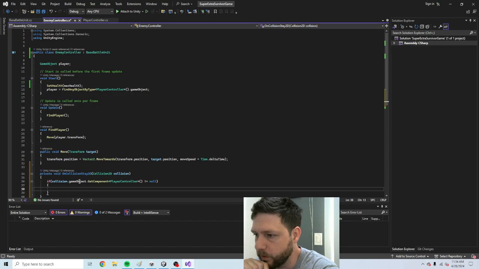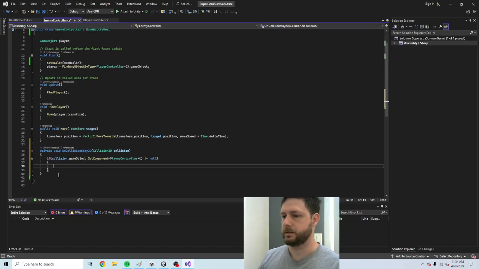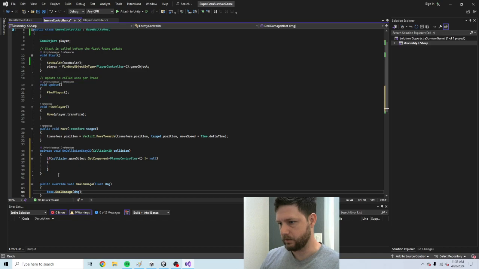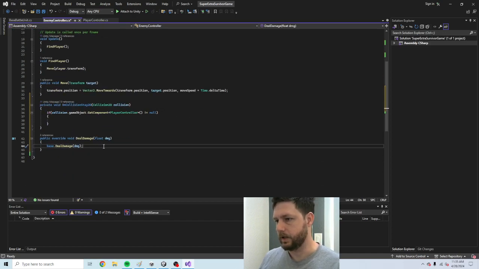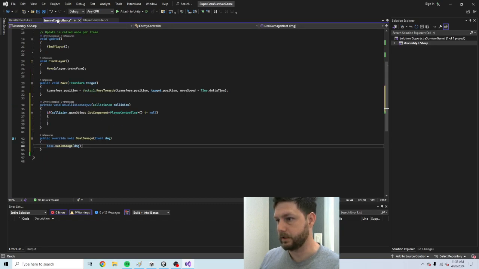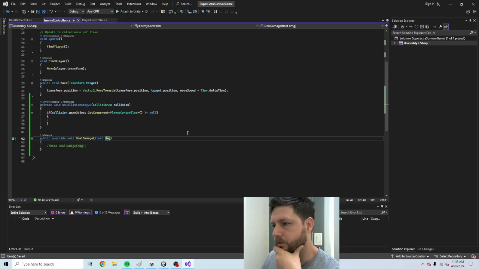So now what I want to do is I think I want to go public override deal damage, and then our base doesn't actually have anything in it as of right now, so I'm gonna comment that out, but I'm gonna leave it there in case there's something I think of that everybody needs to do on a deal damage. But then I'm going to say we're also gonna need